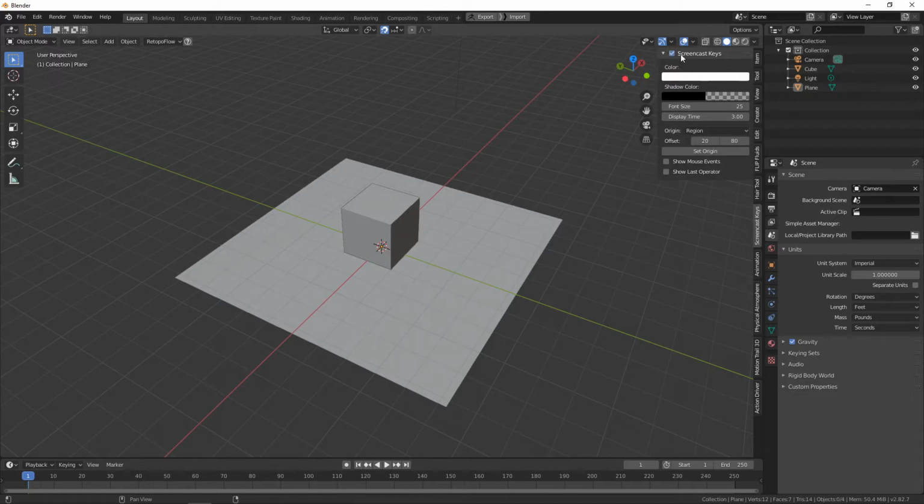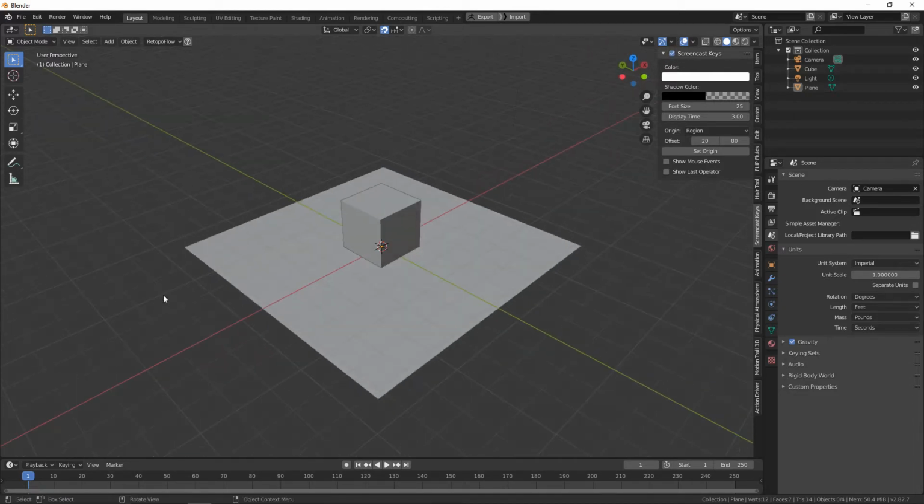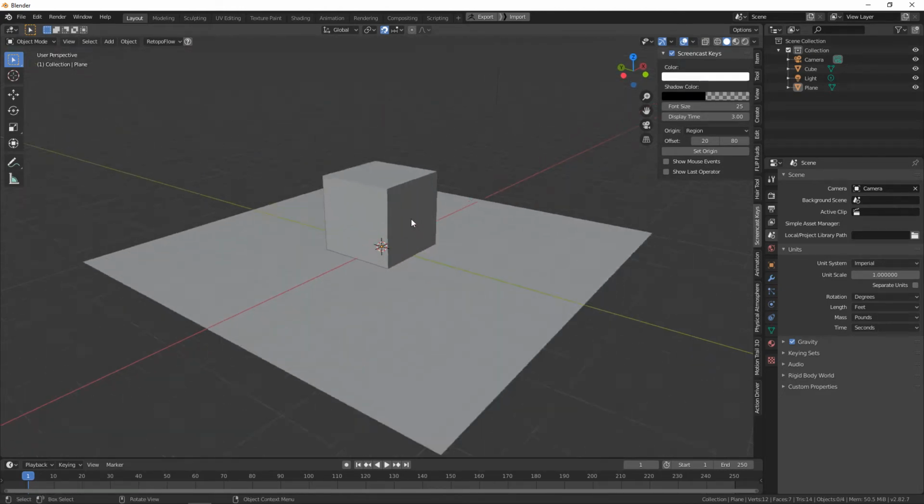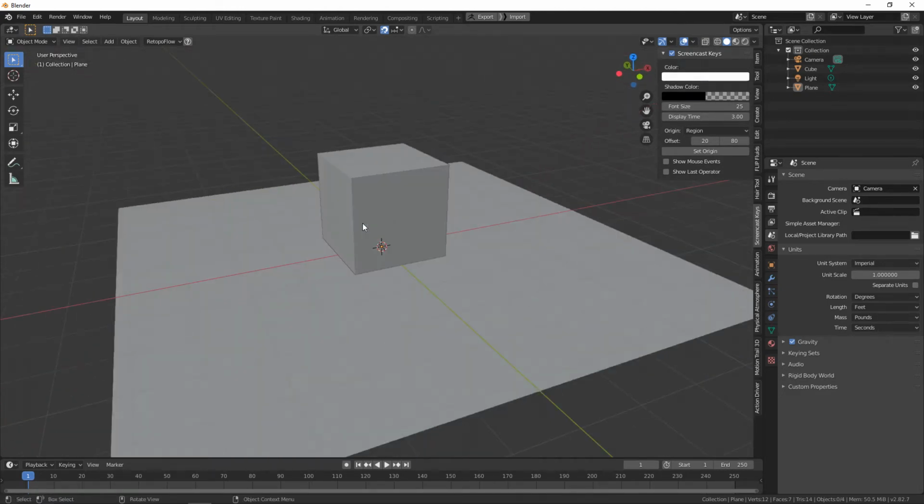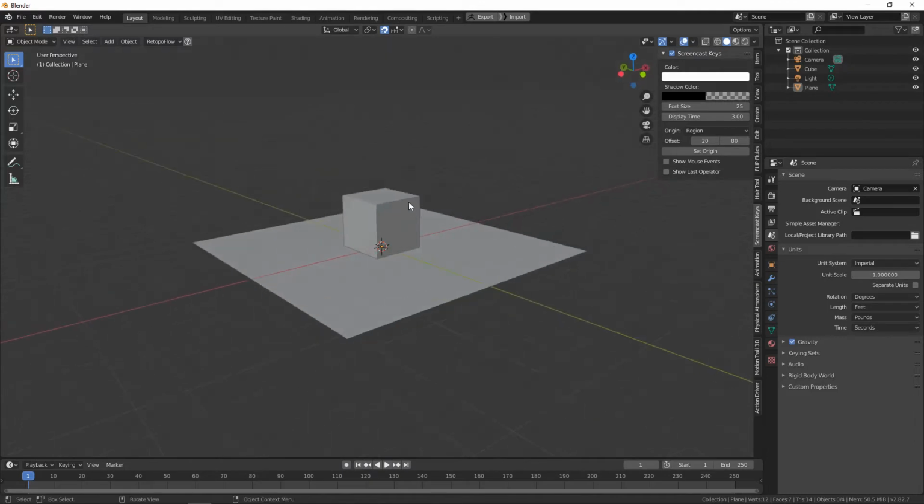In case you're still not completely used to Blender and its shortcuts, I'm going to go up here and enable screencast keys. So now in the bottom left here, you'll be able to see anything that I'm pressing apart from mouse movements. Anyway, so